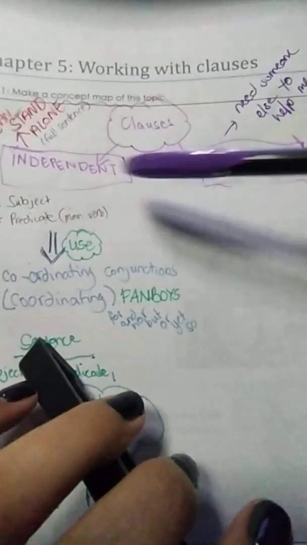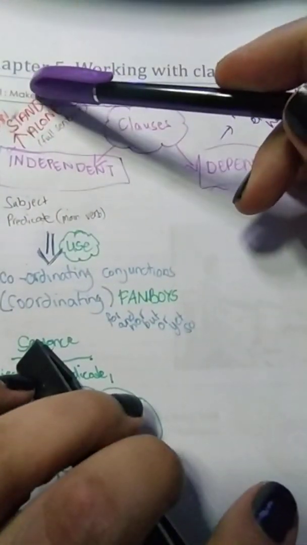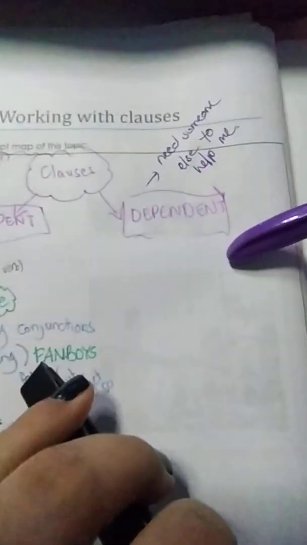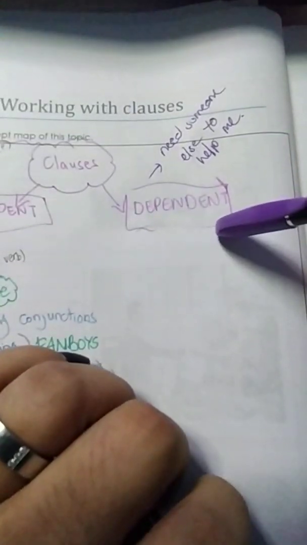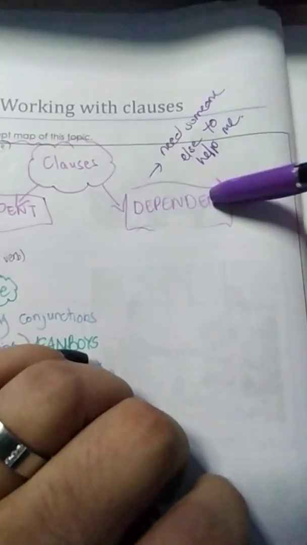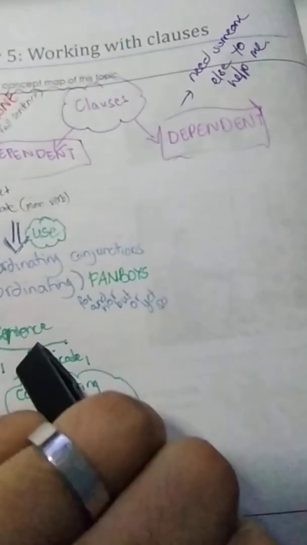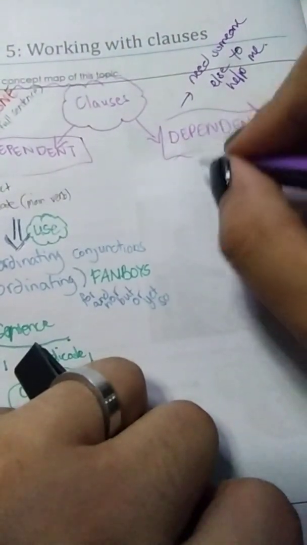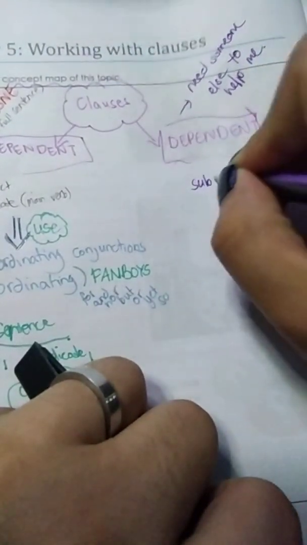On this side, we had independent. They can stand alone. They can do things by themselves. It's a full sentence. This side, dependent, cannot. Okay, so for the dependent, we are going to use something that is called a subordinate conjunction. So this one is going to use a subordinate